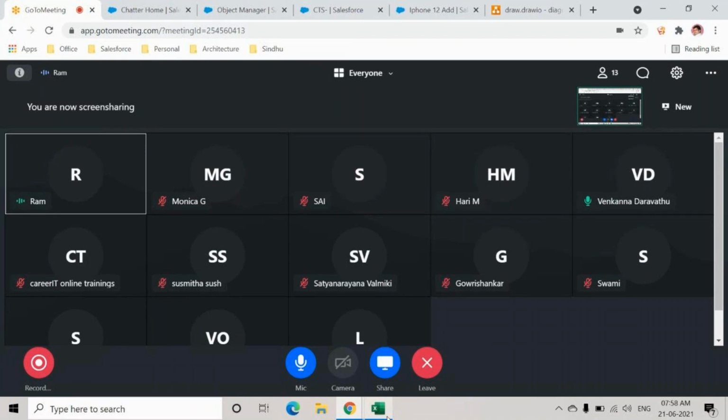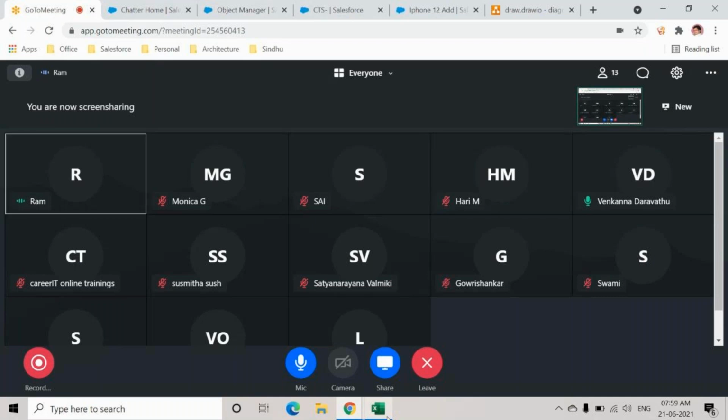In the certifications, basically you'll have two types. One is they'll ask you a straightforward question: what is a workflow or what is a process builder? Where do you write the validation rule? You'll see the options and you have to choose the right one. But the other way is they'll say, okay, I have a user Hari and I have his contact called Sai in the record. The moment he clicks on the save button, it should shoot an email to Sai. What is the feature you use? This is what they'll say.